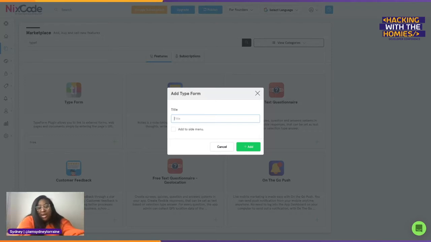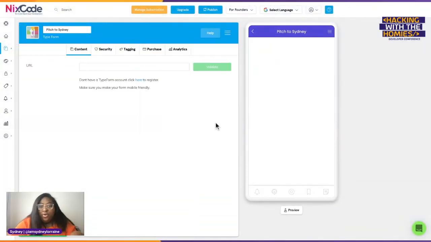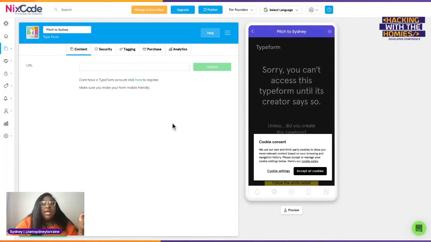And we're going to do one together. So let's say they're going to pitch to me. I'm going to title this one "Pitch to Sydney." So that's going to be the title of this one. And I would create this over and over. I would just do this plugin over and over for each investor that I have. So with this, now that I have the plugin in here,